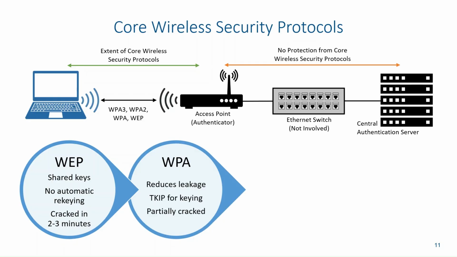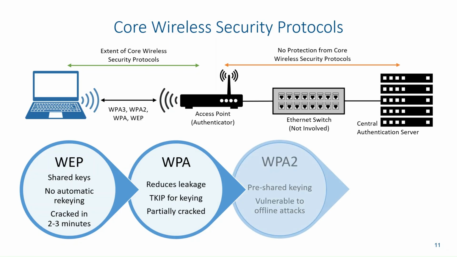WPA reduces the leakage of WEP. It uses TKIP as its keying. The problem with this is that it has partially been cracked, and so we need to move on to the next one. The next core wireless security protocol is WPA2, which uses pre-shared keying or personal mode, and it's vulnerable